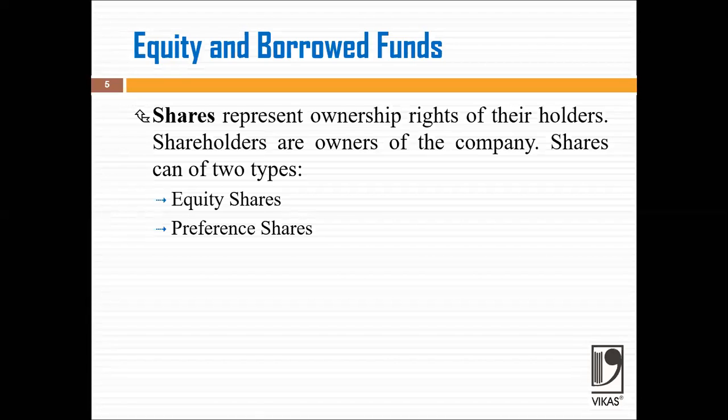So equity is the amount of money, the amount of assets, that belongs to the shareholders or the owners. And at the bottom of the statement of financial position, the balance sheet, there are long-term liabilities and short-term liabilities. So the top part is equity that belongs to the owner, and the borrowed fund is external liability, right? It's raised in the form of,